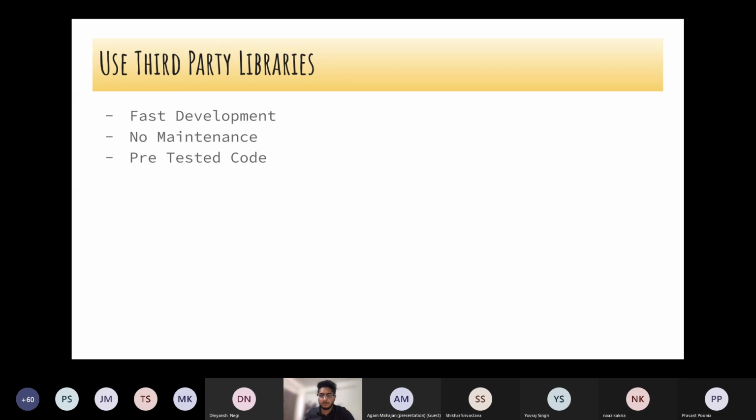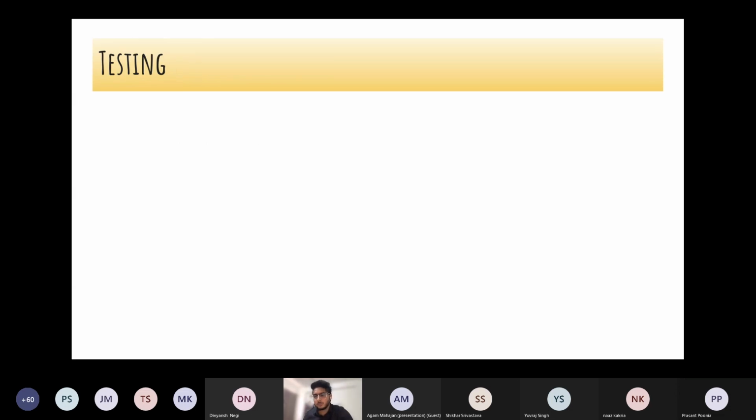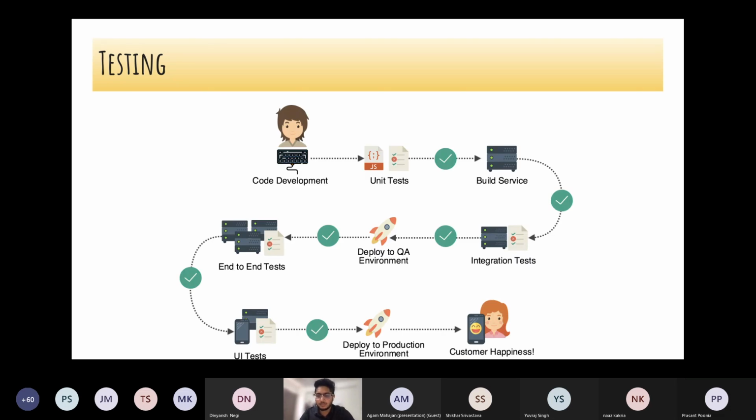Cool. Moving on. The last two points are more about when you move to an organization. This part is also related to when you do development on your own, but more or less it is a part of when you move to an organization, where there is a structured way you should do code testing. Whenever you build code, you should do proper testing on it. So first, when you are writing code, you should write unit tests for it, and check that everything is working.